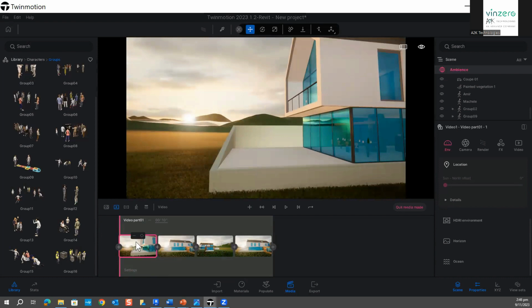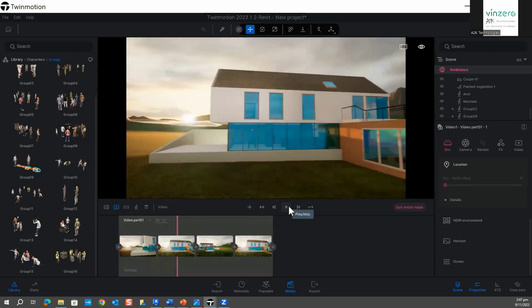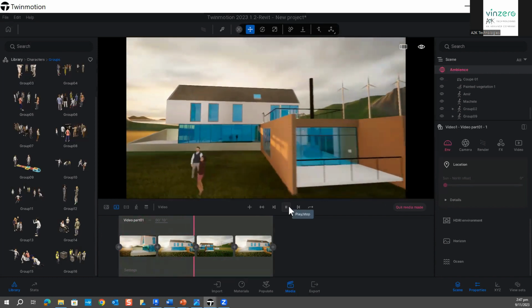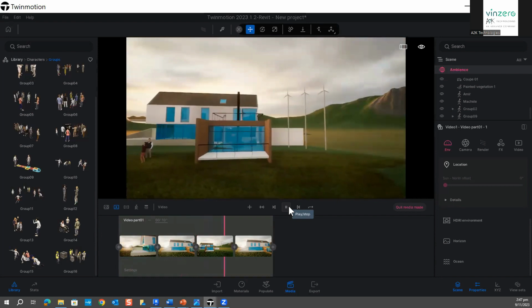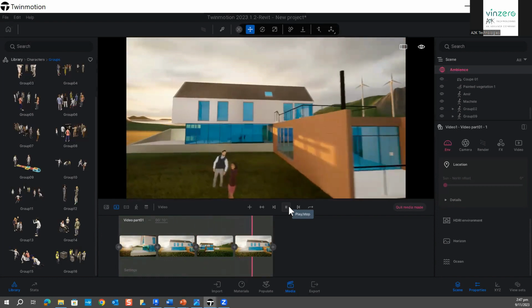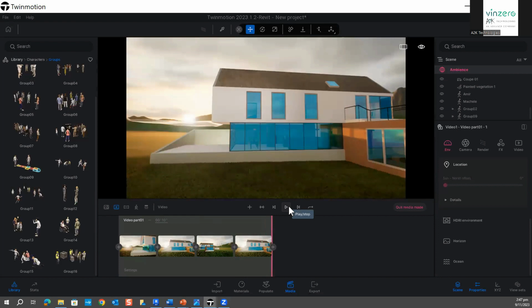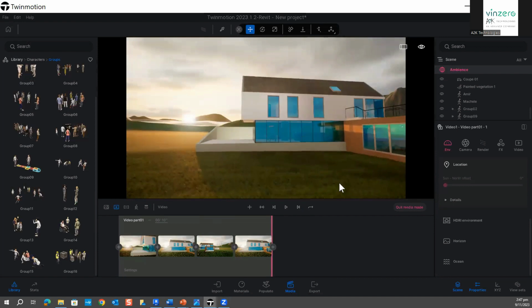Yeah, I put it on the inverse side, but you're going to see that it's creating this visual and goes back. Okay, so that's really easy for you to do. And you can create quite a cool presentation to show your clients. And also you can create